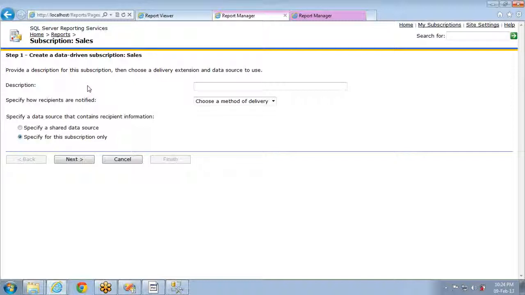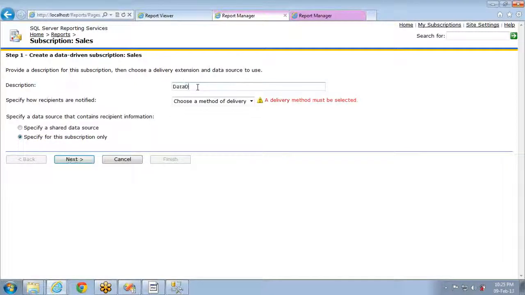Let's say you have a table where you are maintaining, okay, report sales. The type should be file stream. The path should be this one. The parameter value, first parameter value should be this one, and so on. If you can set that, everything will be dynamic here, that is data-driven subscriptions. Let me show you an example.